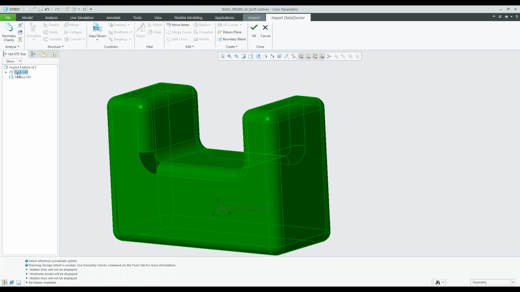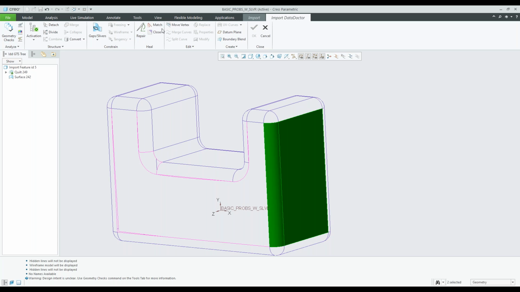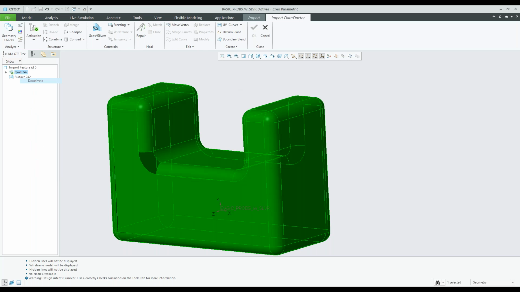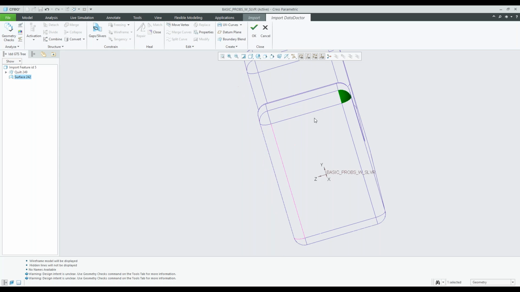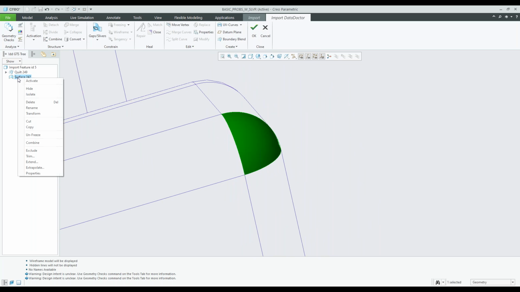So as soon as we activate this quilt, then you'll see if I pick certain things, I can start working with it. You'll always pick things that you will work on, and then whatever you can do on that, the icons will become available. Okay, so I'm just going to deactivate this, and then I'm going to show you. That one surface that was doubled here is a surface that imported twice. So if we delete this surface,